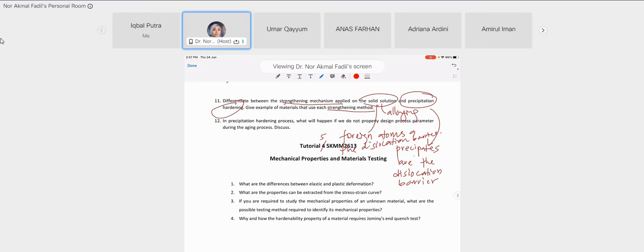Okay, how it will distort the lattice, and therefore the slip will have difficulty slipping along the slip plane. And when the precipitate becomes a dislocation barrier, it will hinder the dislocation motion at any position. Okay. So for the example of strengthening, it's very easy. If your pure metal is copper and you add nickel, it's solid solution strengthening, isn't it? And if you have an aluminium-copper alloy,